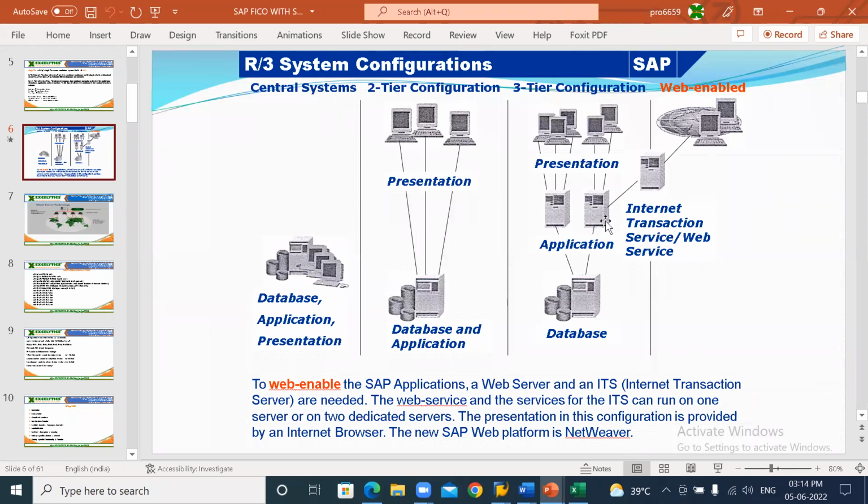Here in the ECC version, nothing is saved in the application layer. This is nothing but your RAM memory. Clear? Memory concept, right? And everything will be stored in the database layer. So the application layer needs to come to the database layer, search and find, and again it will come back to the application layer and then go to the presentation layer. Clear? But when it comes to HANA,